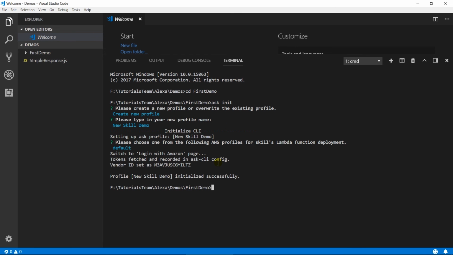To create new skill project, we need to use ask new command. Then it will ask name that you want to use for skill. We can also pass it as option for this command. Write ask new --skill-name option and specify a name that you want to use for skill. Then we can optionally set name for Lambda function using the --lambda-name option. But you cannot use it when you are using template. Here it was initializing skill project